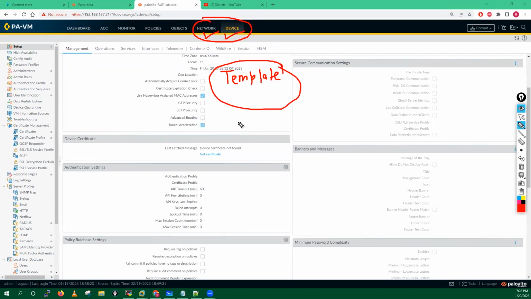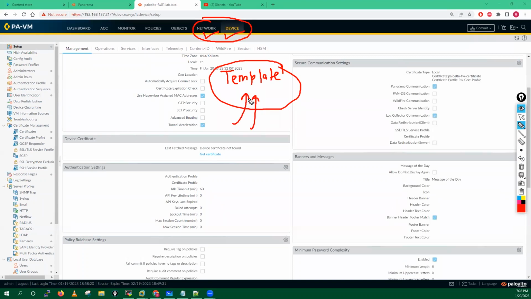So now you will understand why we need to create the template. We are using it to control the network tab configuration and device tab configuration. Means if you want to configure the routing in your firewalls, the interfaces, IP addresses on your interfaces, the zone configuration, the IPsec VPN configuration,